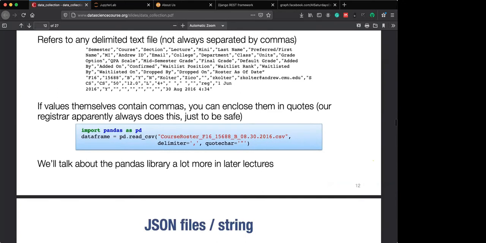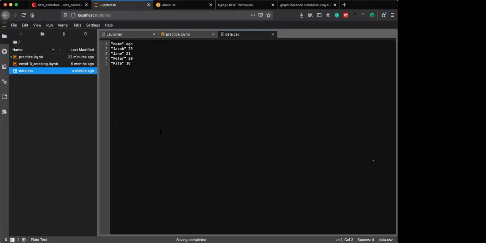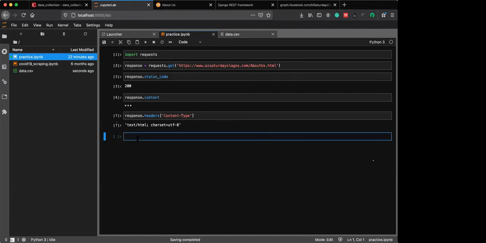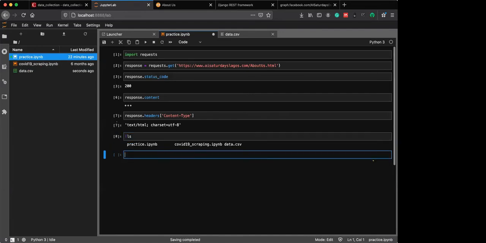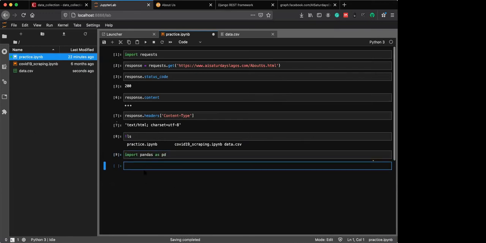So okay, let's read in our own data that we created. Let's save this. That's saved. Okay, so we have to import pandas first. We import pandas as pd to make it short. Then our data frame, which is df, which we want to read now, will be pd.read_csv. So call it data.csv